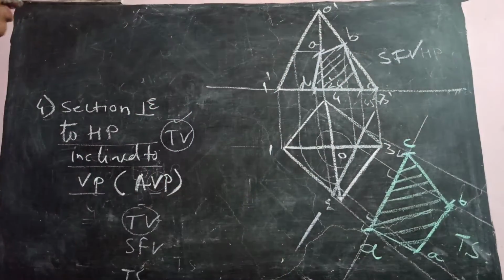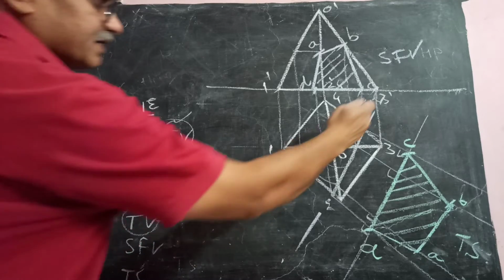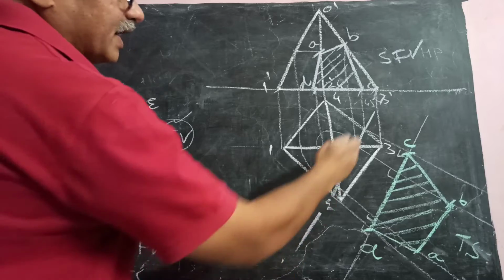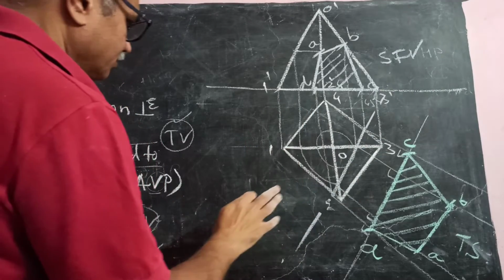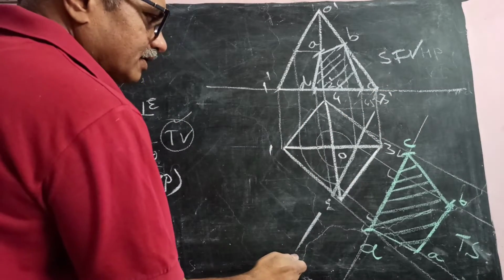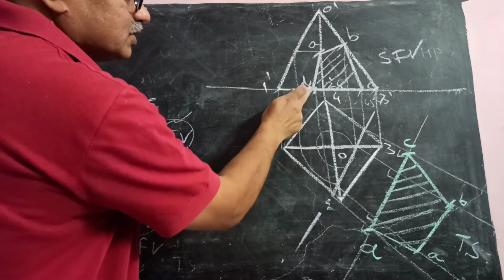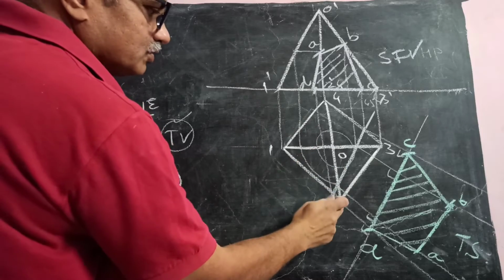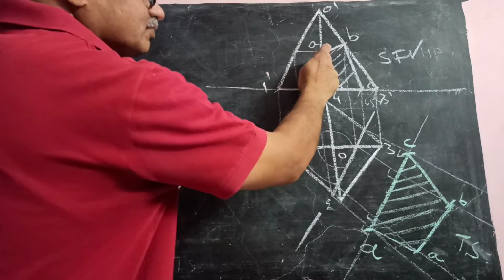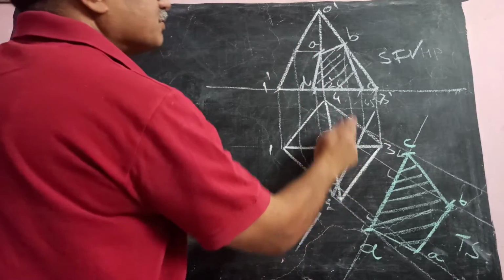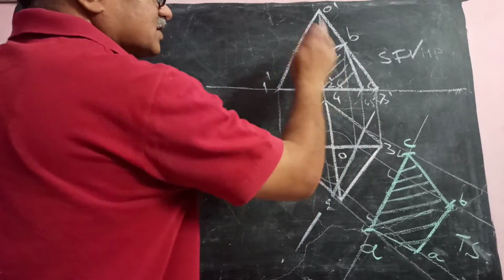So whenever the section plane is perpendicular to HP and inclined to VP, you will get the cutting plane line in top view. Where it is passing from and how much it is inclined, all those details will be given in the problem, and as per that you draw the cutting plane line. Then you get the sectional front view. Here the base is cut, so this point is projected to the base. Here O2 is cut, so this can be transferred to O1, to O1 dash and then to O2. Here O3 is cut, so it can be projected directly. Here the base 3-4 is cut, so it is projected directly. So this is the sectional front view.